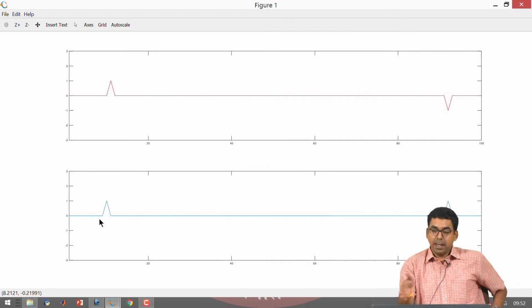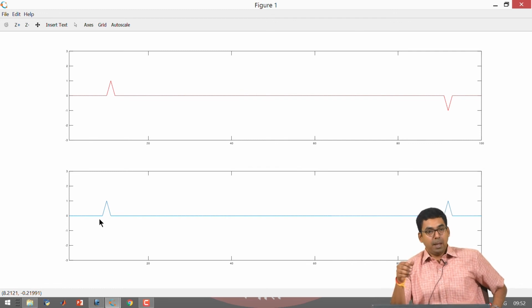Now, what you are seeing here can be used for many purposes. Imagine that you have a transmission line that has some open or short circuit at the end. Maybe you have a way to find it. All you need to do is send a pulse, wait for the pulse to come back. If the sign of the pulse is flipped, you can figure out what is going on. If the sign of the pulse is not flipped, you can figure out what is going on. So, in other words, you can detect whether the line is actually having a short circuit or an open circuit on the other end. It's a very important thing.